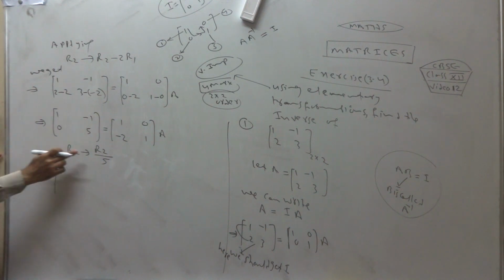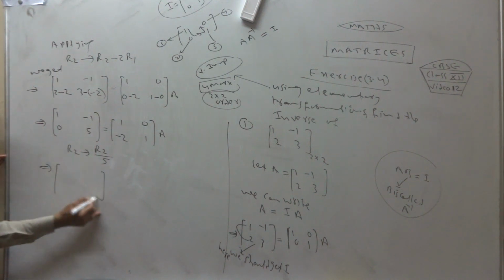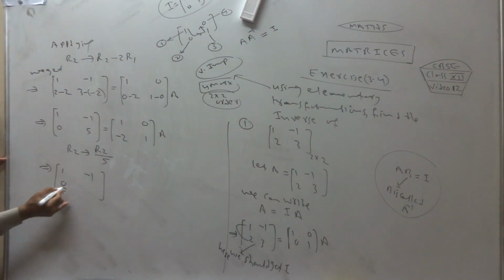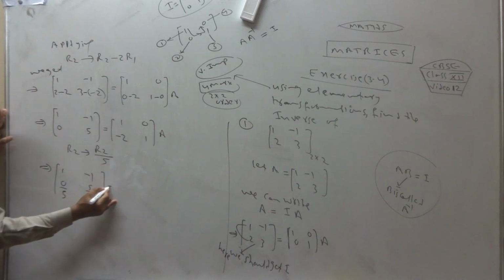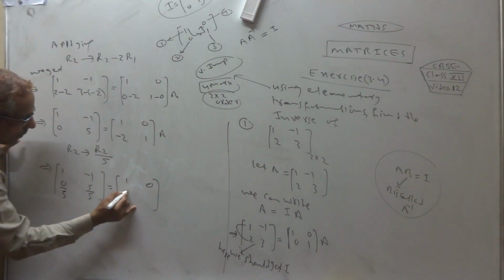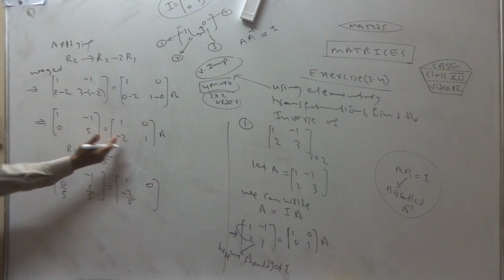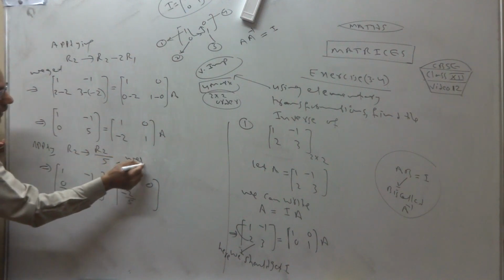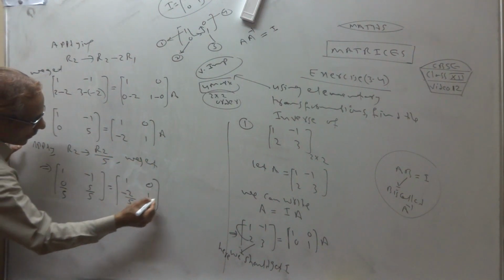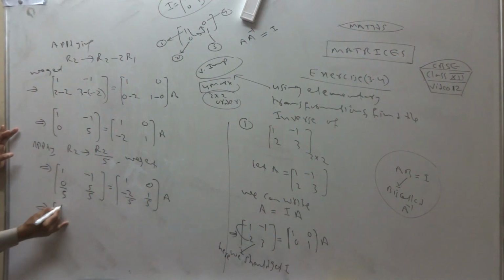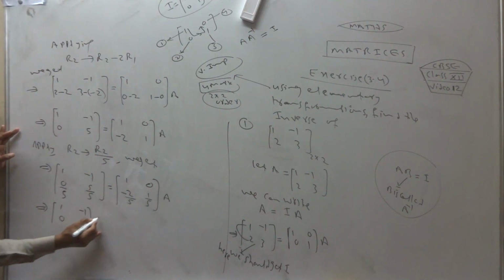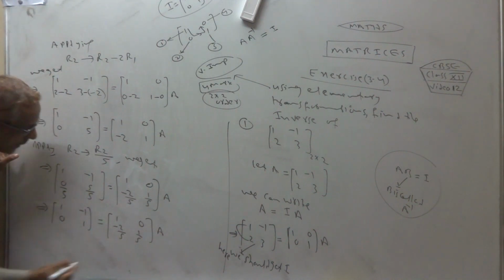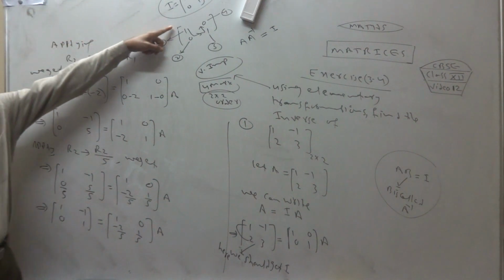So you can multiply by any number, you can divide by any number, it is possible. R2 divided by 5, 0 divided by 5, 5 divided by 5, like this. The complete R2, both the sides, you have to change. Apply this, we get 1 by 5. So what am I getting now? 1, 0, minus 1, 1. This is the same. Now finally, I got 1, 0, 1.